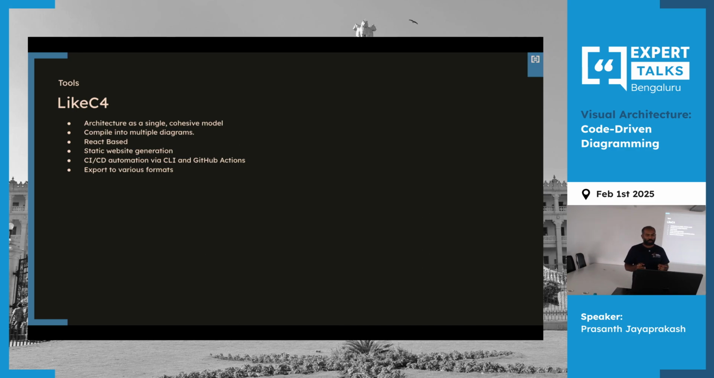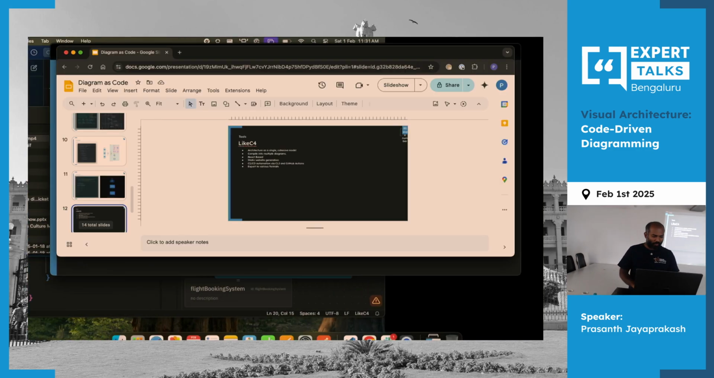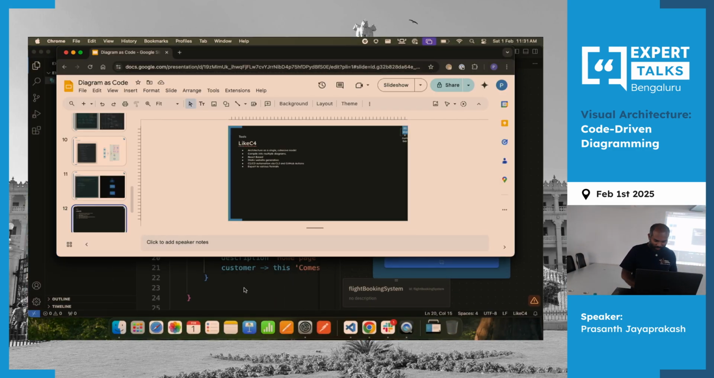So what we are going to do is go a little bit deeper and try to create a diagram together, right? We are going to architect a flight booking system today, using C4. So this is where hopefully the demo is going to work. We are going to take,